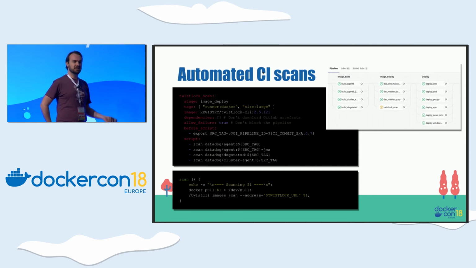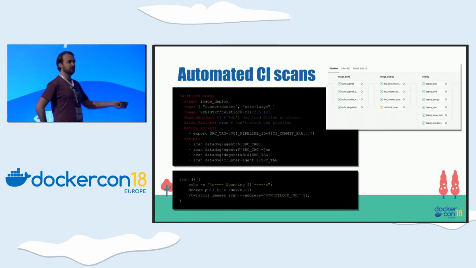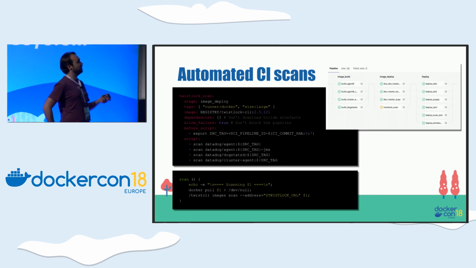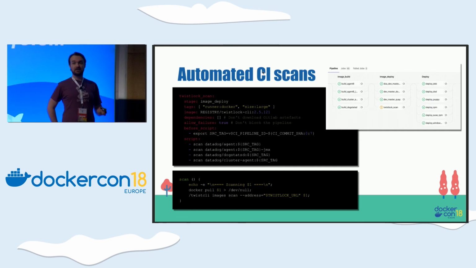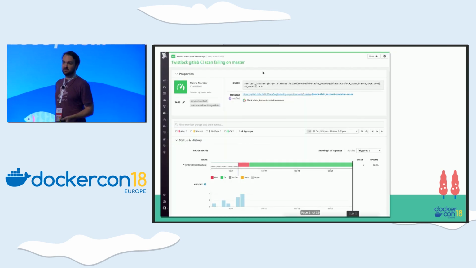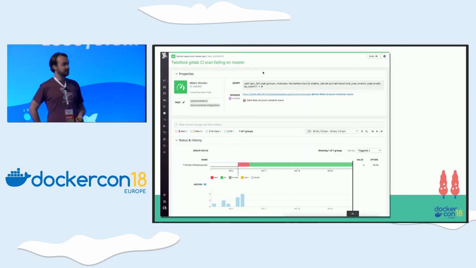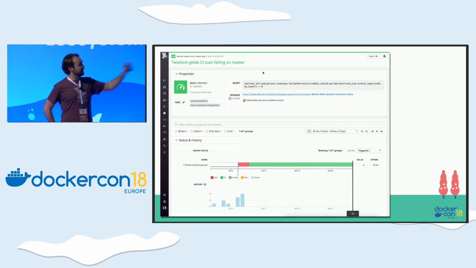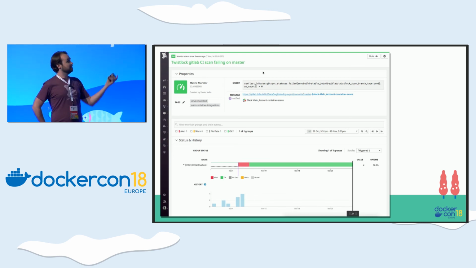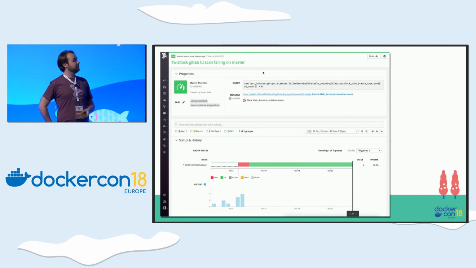I didn't want the APM team to be blocked because there was a vulnerability in the Docker image. So I didn't make that blocking for the pipeline, but it's still a failure, and it's still a failure I can track. And then this is the monitor I'm using for that. So you can see in the bottom some bars. There were previous failures, and then after we remove the vulnerability, it goes back to green.